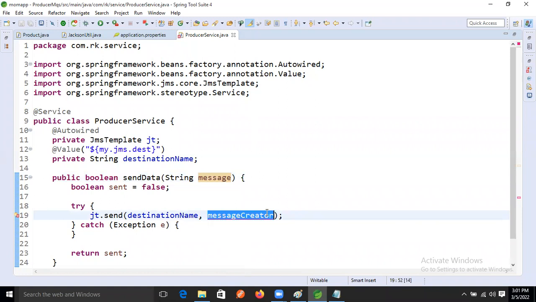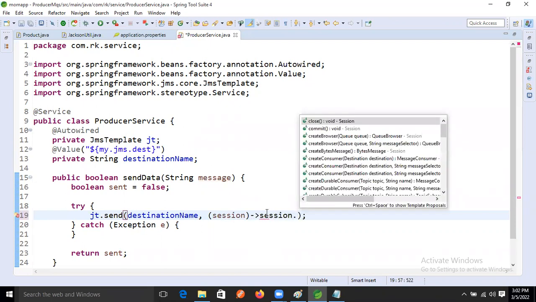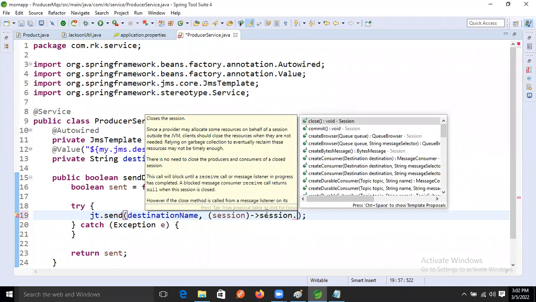So here, does anybody remember how we wrote the lambda expression for text messages? Session. Very good. Session dot create text message was there, right?